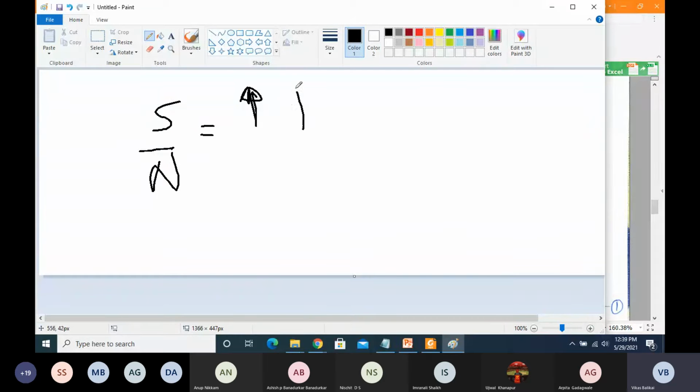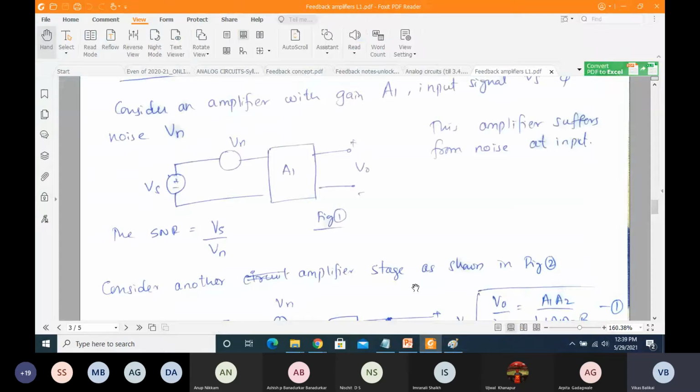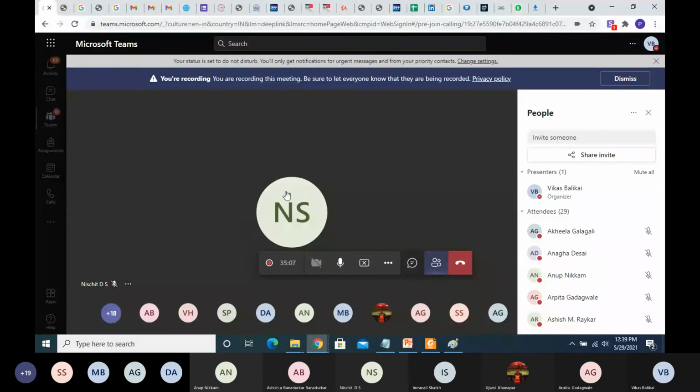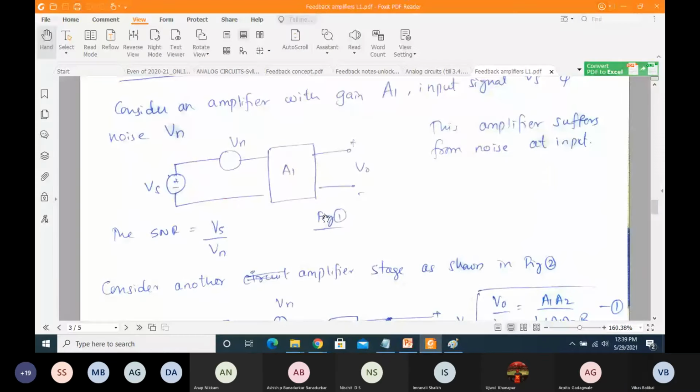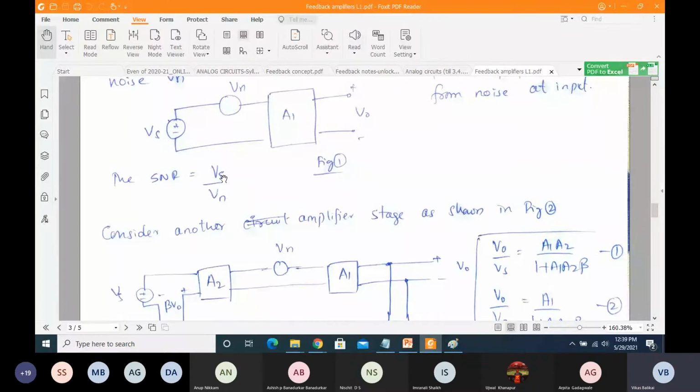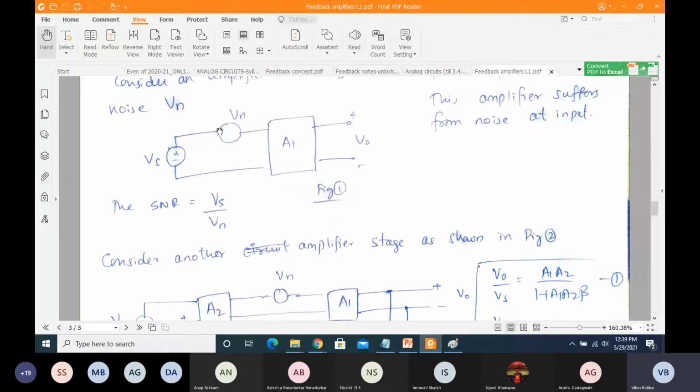Only then will my output be in terms of a positive value, or of greater value. So this indicates that in the entire setup, your signal content is more than the noise content. But if the noise content is more, then the S to N ratio, or SNR, will be dipping. So that indicates your output is getting dipped in terms of your expected outcome. So now let's try to understand, Vs by Vn is the signal to noise ratio. So this is what is going to happen.